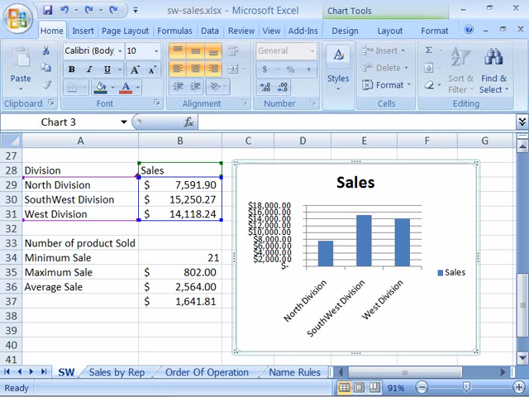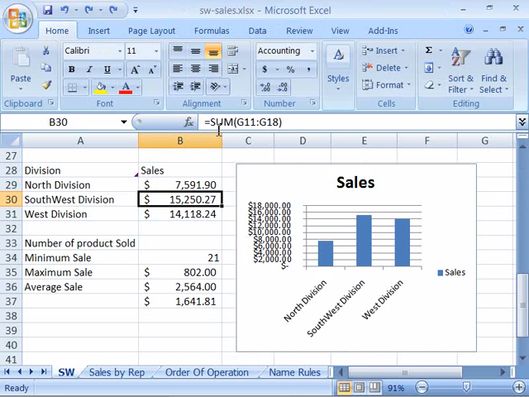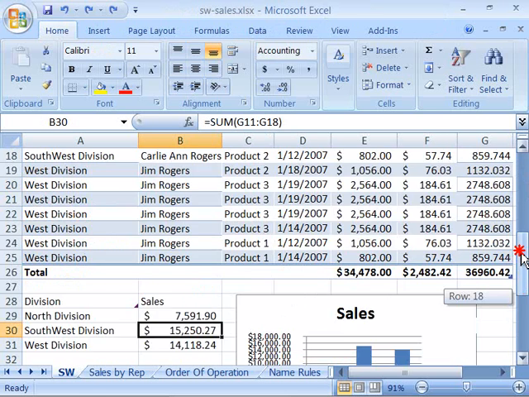As you know, your chart is based upon existing worksheet data. This chart right here on my screen is based upon the data that you see over here on the worksheet. Each of the North Division, Southwest Division, and West Division sales is really a sum function that's summing up the